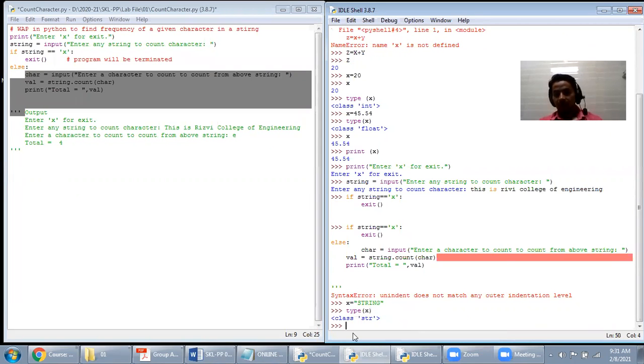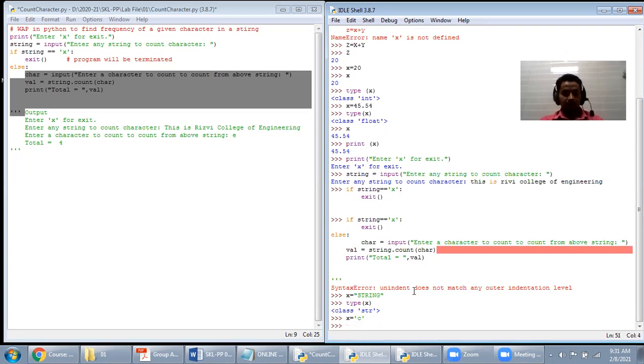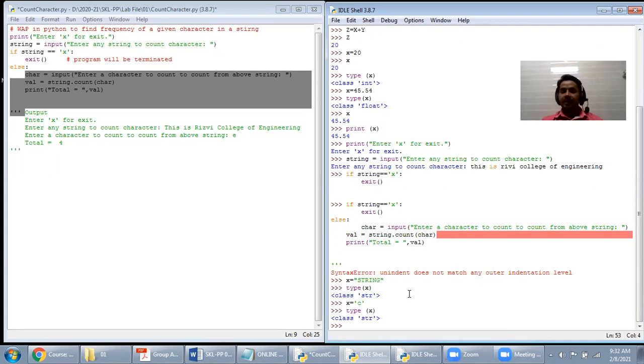Now it gives the class as a string. Now suppose I have taken x is equal to c, right? Now what is the data type of it? Anyone reply? Character. Correct. Character, right? Okay, let's check whether it is a character or not. No. It will be considered as a string, not a character, in Python. Clear? Whether you have taken a string or a character, it is a string. There is no character data type in Python. So it will be considered as a string. This is the point which I want to show you.